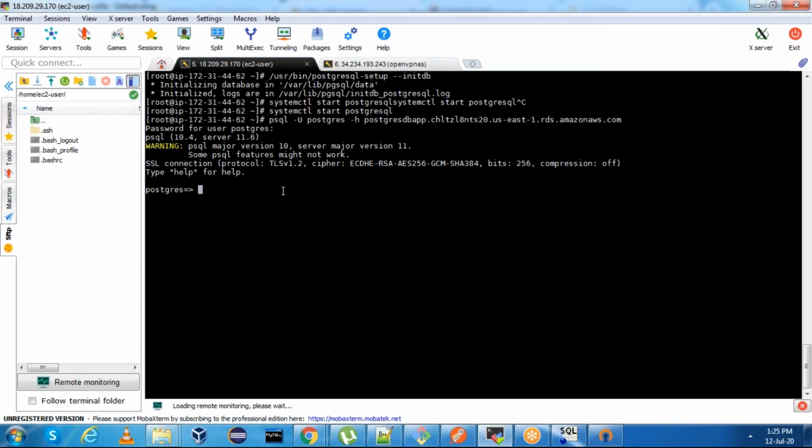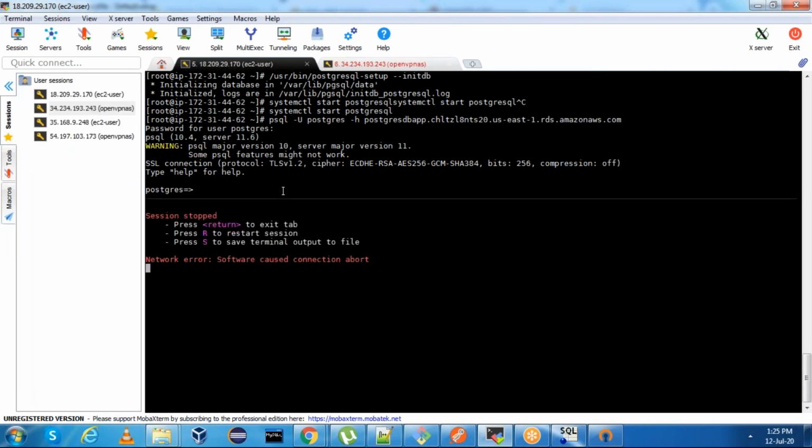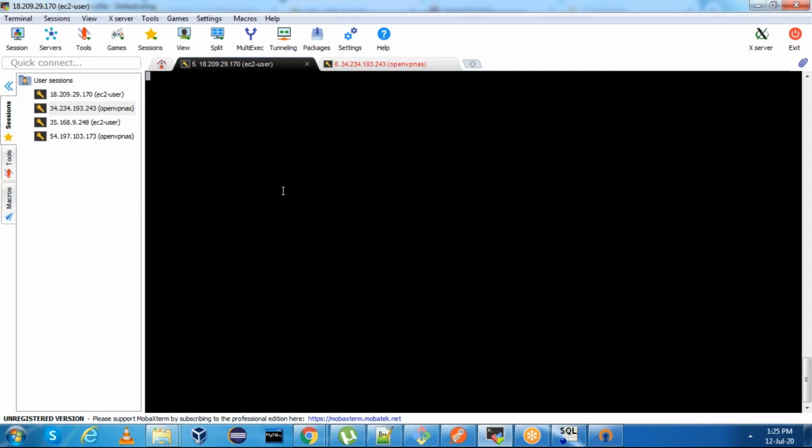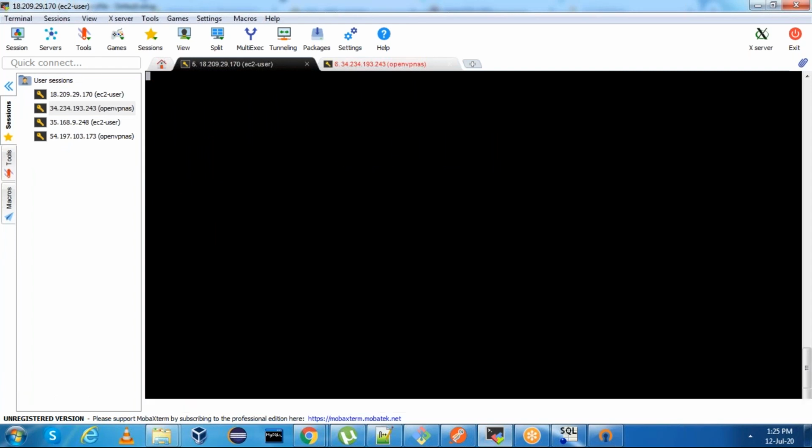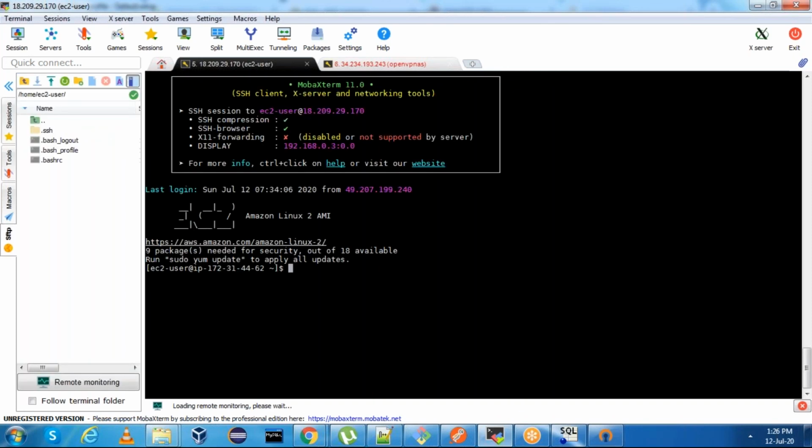The first way is we connect from EC2 to RDS, or second, if you want to connect from outside the VPC, then definitely you need to use VPN. If you are not using VPN, you need to make publicly accessible as yes for the RDS instance.